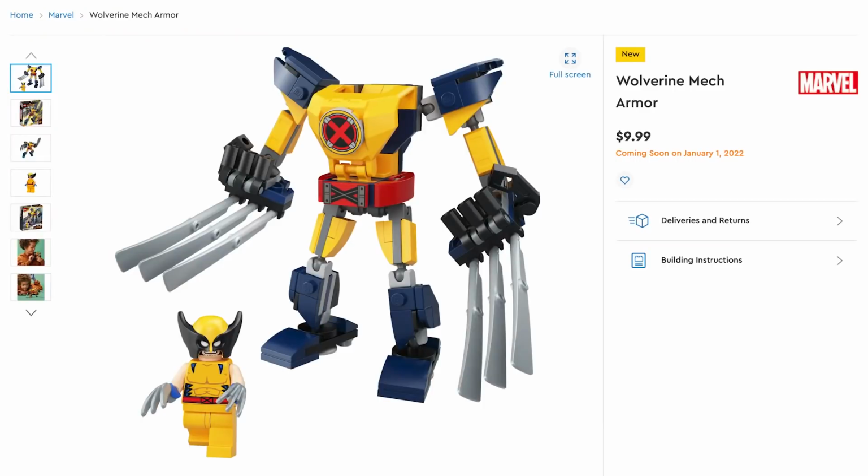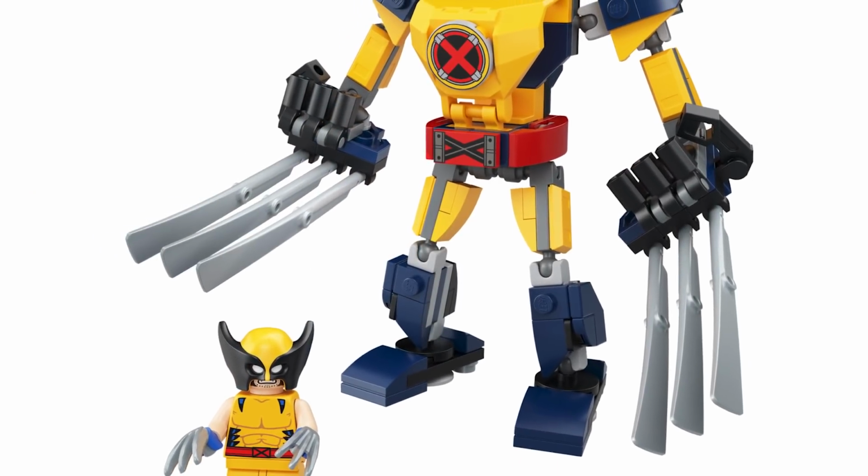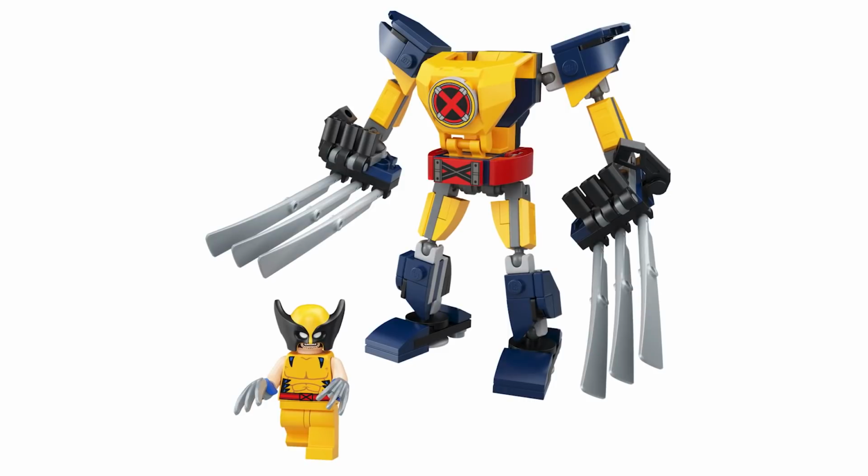The one that I do care about is the Wolverine mech. This makes me so happy to see. I love it. I love it. The mech design is really good for a Wolverine. I love the way that they've done the blades. I was really hoping that that was a thing. I mean, surely you could not do a Wolverine mech without the blades. I also love the printed tiles on them,